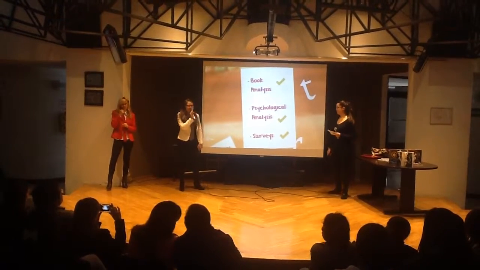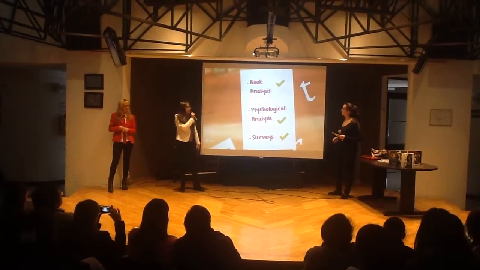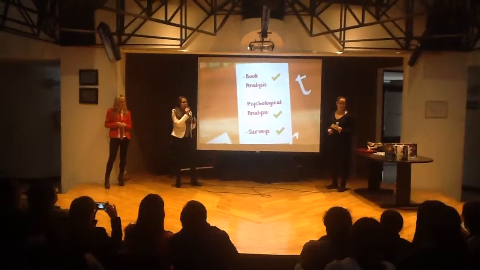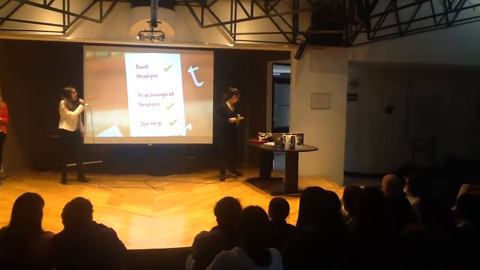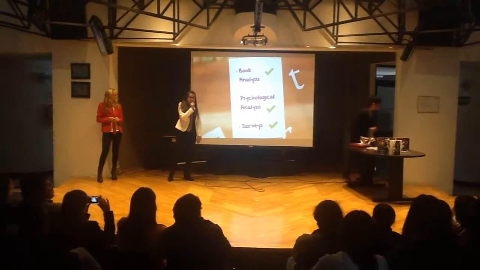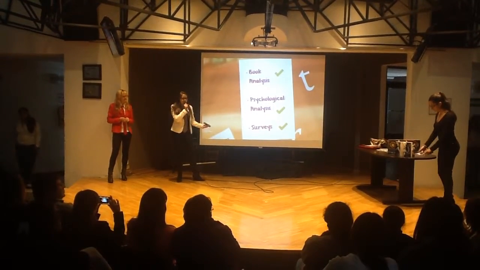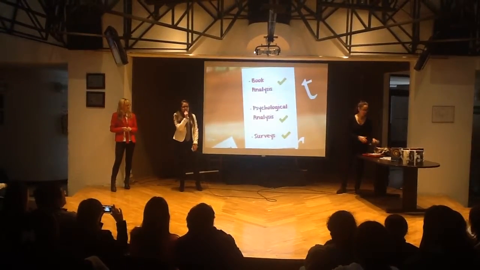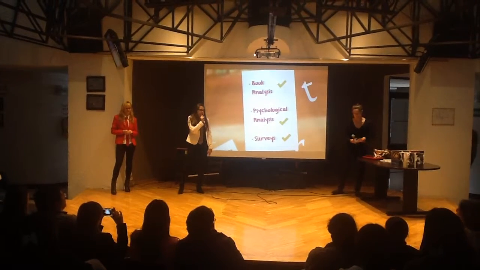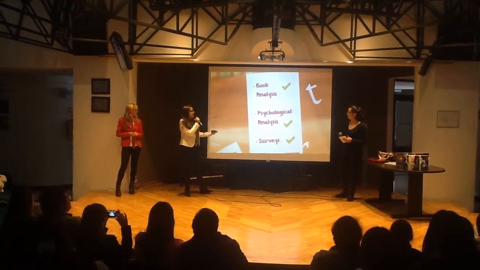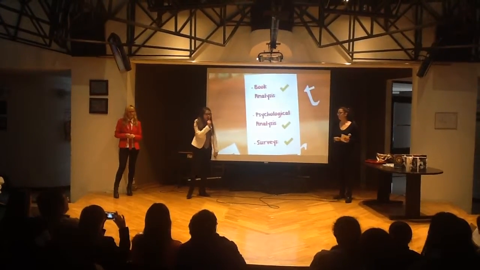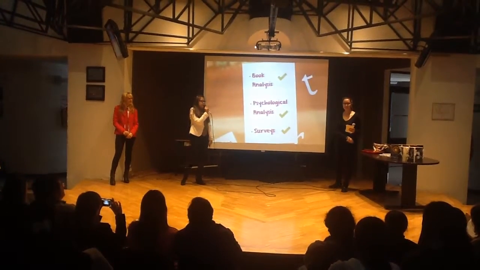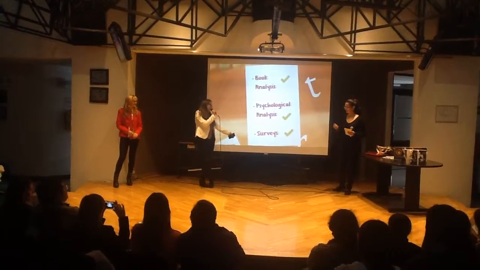We basically had 3 steps to achieve our final project, and first was the book analysis. We analyzed each of the 6 books and part of point 5 that is scored by Veronica Rath. And then we made a psychological analysis of the principal characters, which are Christian Grey and Anastasia Steele for the 50 Shades of Grey trilogy, and Tobias Eaton or Four, and Tris Prior for Divergent. And after doing the psychological analysis and the book analysis, we finally got to the surveys that the 9th graders and 10th graders did, which really help us to finally get to a conclusion that we'll see further in the presentation.